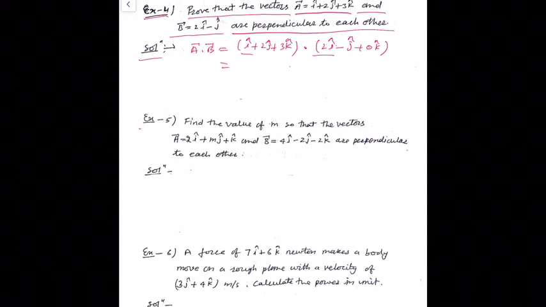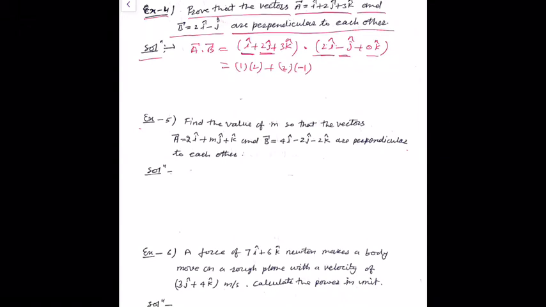So first, i cap dot 2i cap, 1 into 2, because i cap dot i cap is 1, plus i cap dot minus j cap, 0, i cap dot 0 k cap, 0, plus 2j cap dot 2i cap, 0, 2j cap dot minus j cap, 2 into minus 1, since j cap dot j cap is 1, and 2j cap dot 0 k cap, 0,